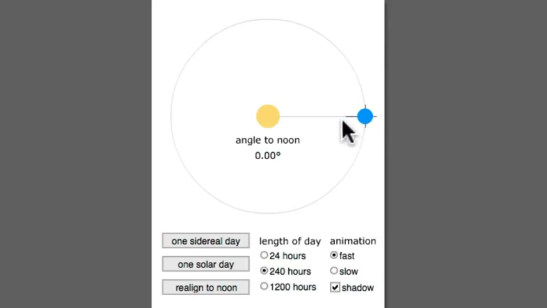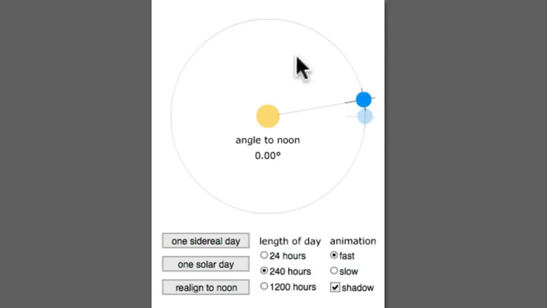So imagine that we begin our simulation with the Sun directly overhead for this tallest observer on the Earth. So this observer will presumably think that it is noon, and now let a sidereal day go by. The Earth will have completed a 360-degree rotation. Note it's oriented in exactly the same way it was before. However, it is not yet noon. The time it takes from noon back to noon again is longer than a sidereal day, because in the course of this rotation, exaggerated by a factor of 10, the Earth has moved along its orbit. There's this extra bit of rotation required to get to noon.